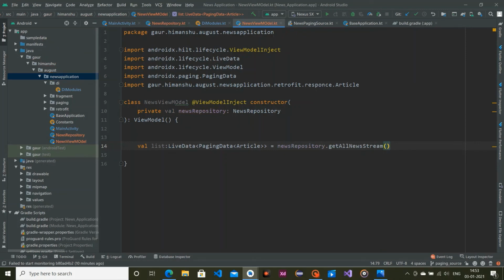Okay, so now our view model and repository are created successfully. Now it's time to create our recycler view in the layout of the news fragment and create a paging data adapter. So we'll do these two parts in our next video.